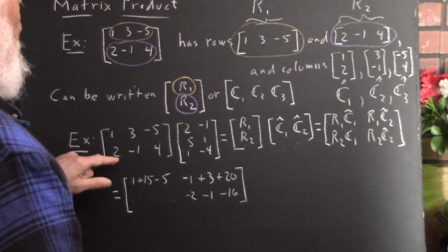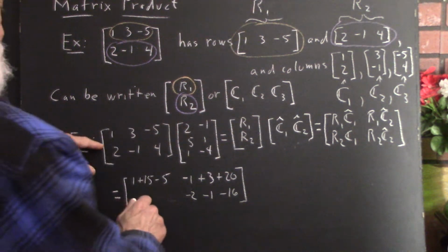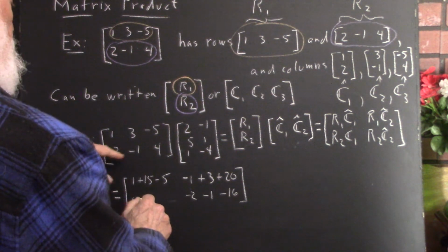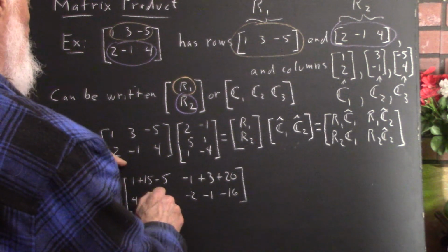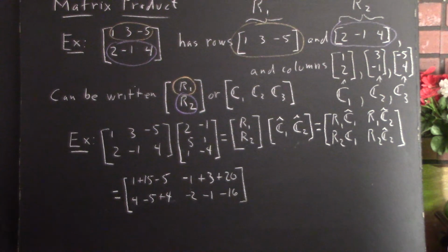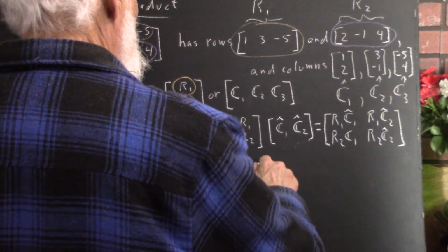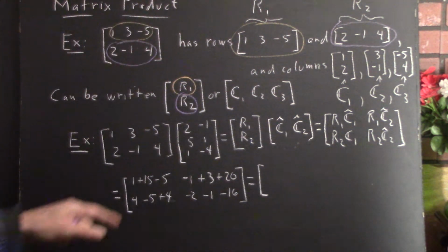Still better do the second row times the first column. And that gives us 2 times 2, which is 4, negative 1 times 5, which is minus 5, and 4 times 1, which is 4. Okay, now that I've written it out, hopefully correctly, and you can correct my arithmetic if I'm wrong, we get